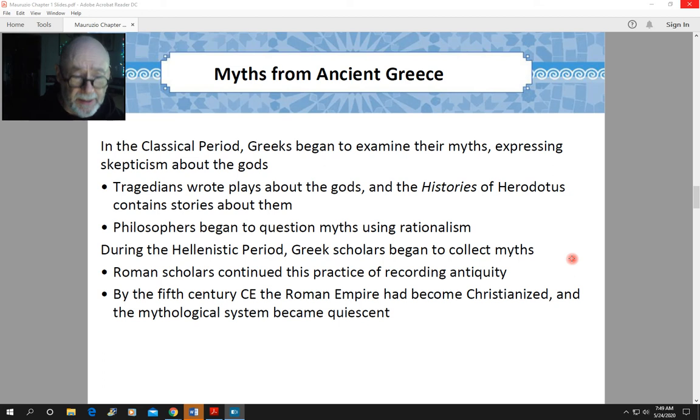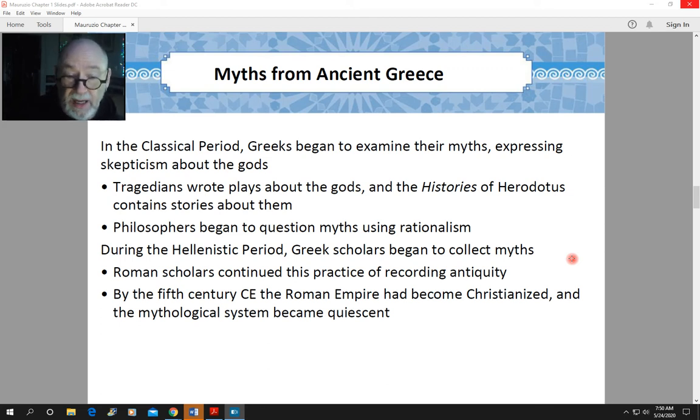During the Hellenistic period, from 330 BCE on, Greek scholars began to collect myths. This is the period after Alexander the Great. Alexander set up a city, Alexandria, which had a gigantic library with official texts, holding as much Greek literature as they could. Sadly, of course, that library burned